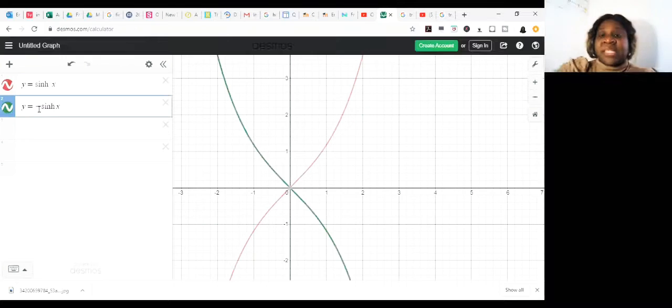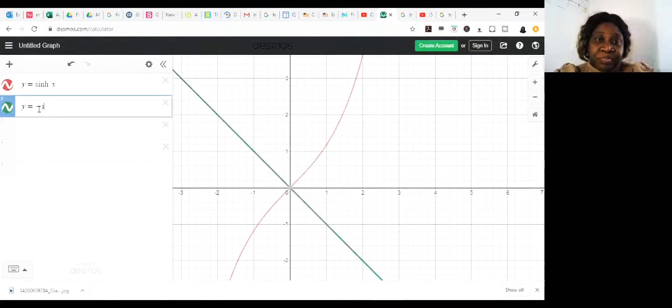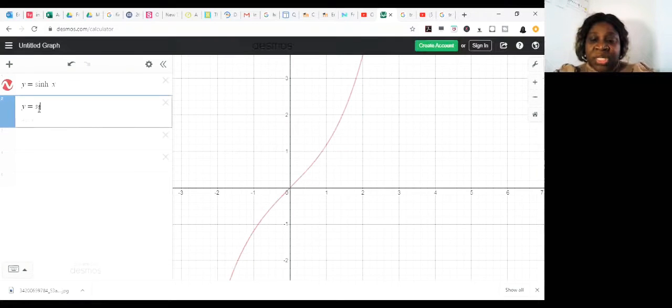It's just the same graph but in the opposite direction. So you're going to sketch the same graph but in the opposite direction. If you were to do y is equal to sinh